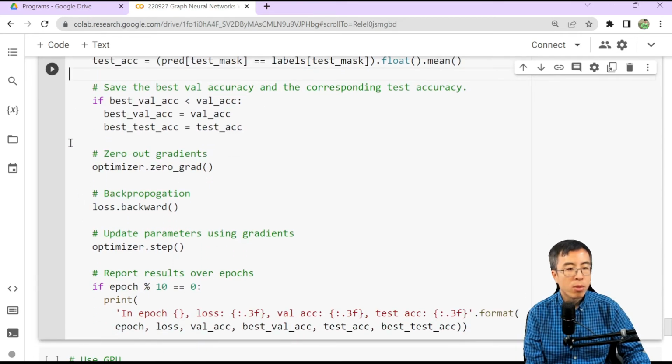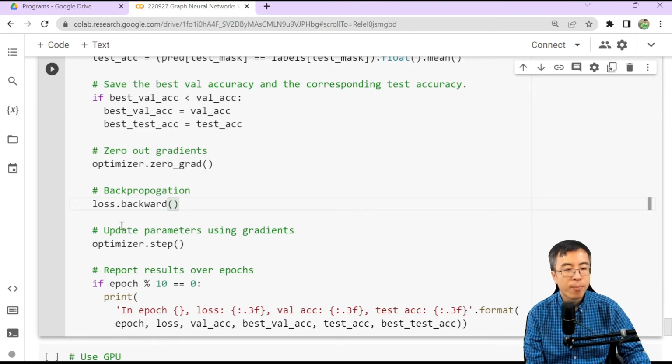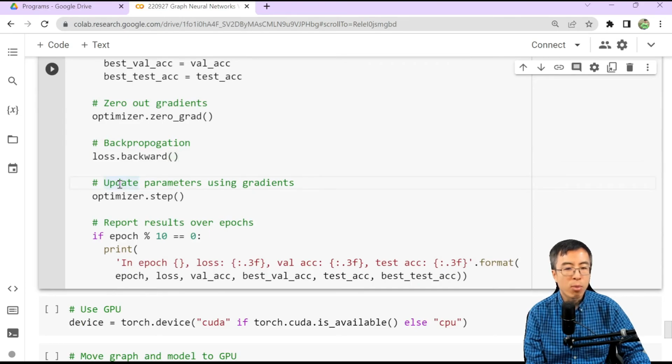And remember to zero out the gradients every time you run through the loop so that the gradients are set to 0 after each iteration and backpropagation. Then you can do the backpropagation, calculating the partial derivative of the loss function with regard to your parameter estimates. Then you can update your parameters using the gradients.